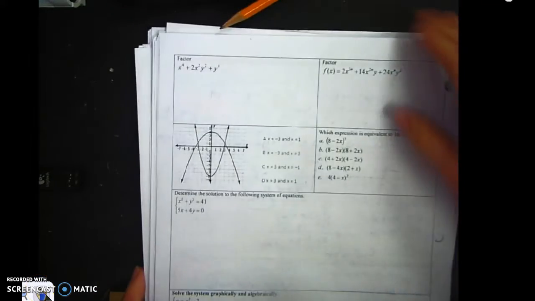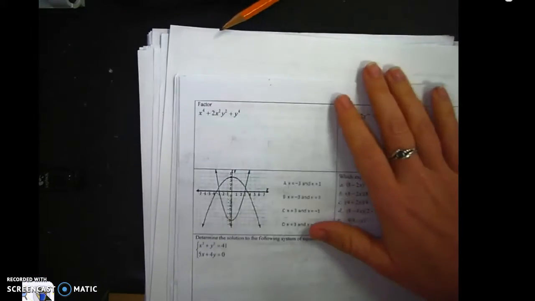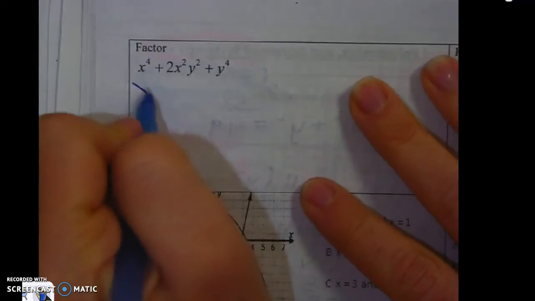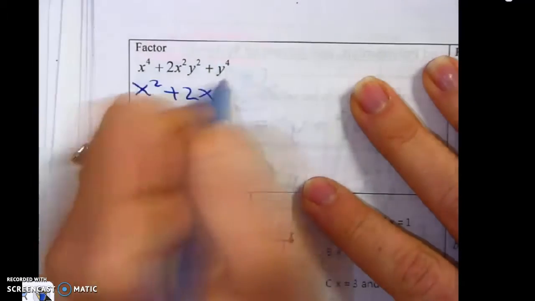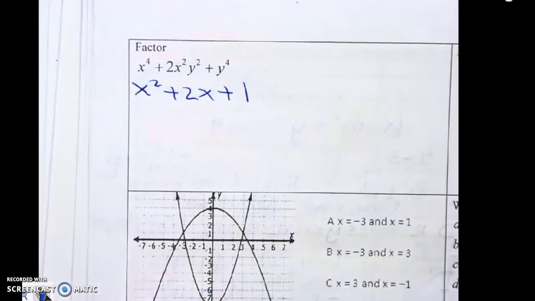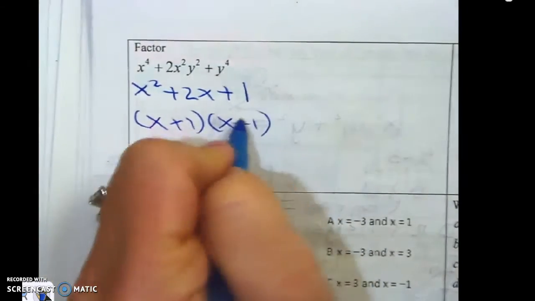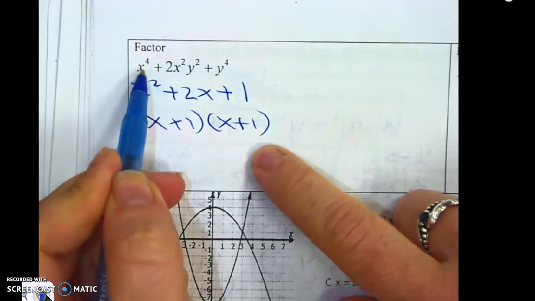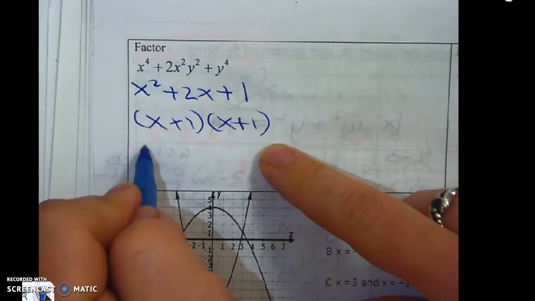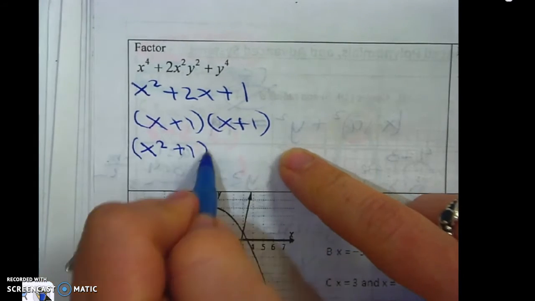All right, so it looks like we have more factoring. So again, I'm going to go back to what I know, which is the simple x squared plus 2x. There's nothing there, so there has to be an imaginary 1. x plus 1, x plus 1, oops. But it's not really x, it's x to the fourth, so that's really x squared plus 1,